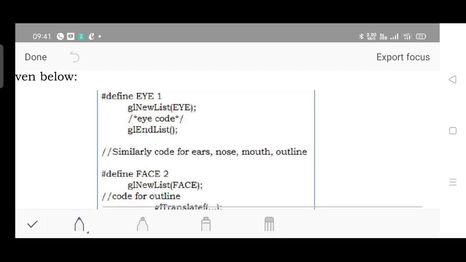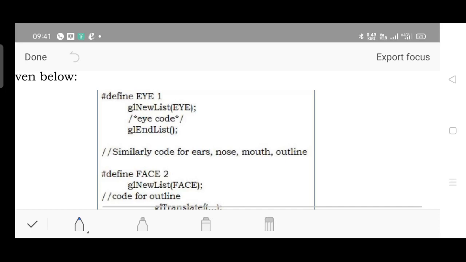So #define, each object to be defined along with an identifier, an integer value identifier, as we have discussed earlier in the previous session. Those who have not watched the previous session videos, please watch them.